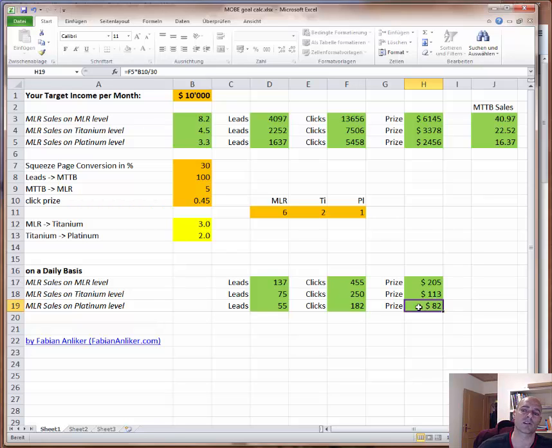So that's actually a nice tool to use the numbers. And as you can see, for example, let's say my squeeze page actually converts better than 30%. Let's say I'm going to go with 40%. Now look what happens here with the numbers. It immediately changes and it goes down with the investment because you convert better. So 1842,